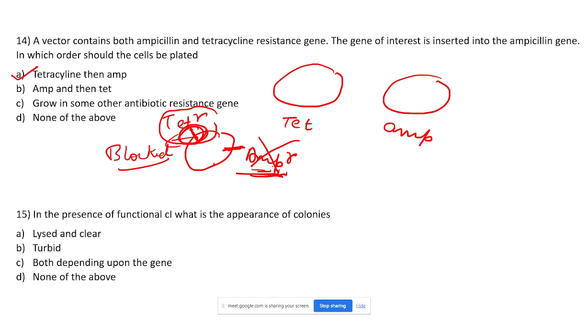So first I will take my cells and plate them here, and I am getting many colonies. Now from here, again I am plating it here and I got this much colony only. So that means this,